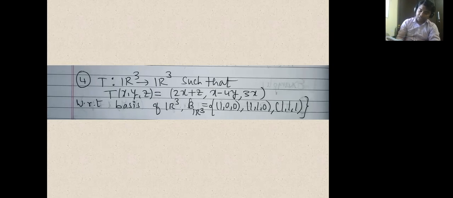Okay, and last, the third vector is 3, minus 3, 3. Again you write it as alpha (1, 0, 0) plus beta (1, 1, 0) plus gamma (1, 1, 1). Solving them, adding them: alpha plus beta plus gamma, and then beta plus gamma, and then gamma. This side is 3, minus 3, 3. You will get the system: alpha plus beta plus gamma is equal to 3, beta plus gamma is equal to minus 3, and gamma is equal to 3.